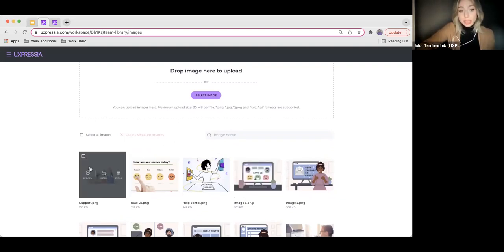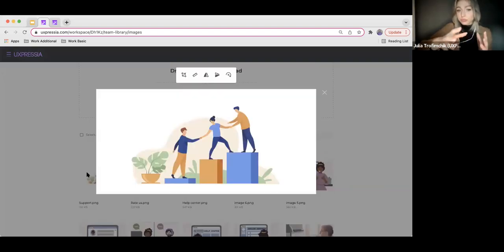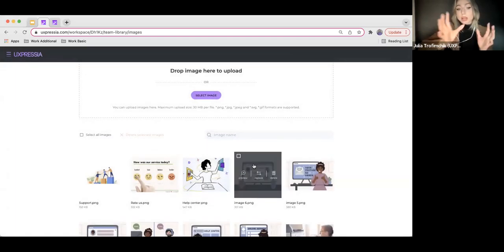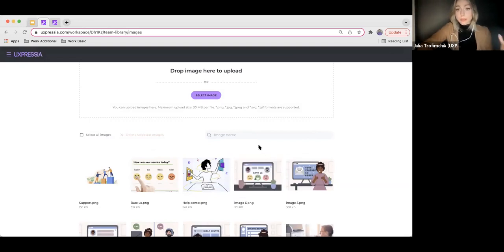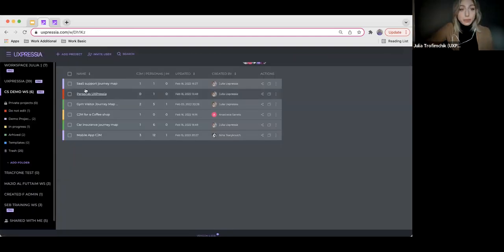Once you upload all the images, you can also apply some formatting to them. You can crop the image, resize it, flip it, and so on. And once you've amended the images to your preference, you can go to the map and start adding those images into the map. So I'm going to our map again.